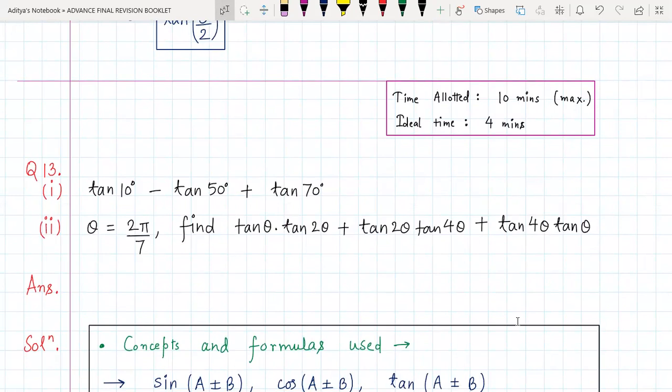Second part says that if theta is equal to 2 pi by 7, then we have to find the value of tan theta into tan 2 theta plus tan 2 theta into tan 4 theta plus tan 4 theta into tan theta. The maximum time allotted for this question would be 10 minutes, and ideally you should try to do